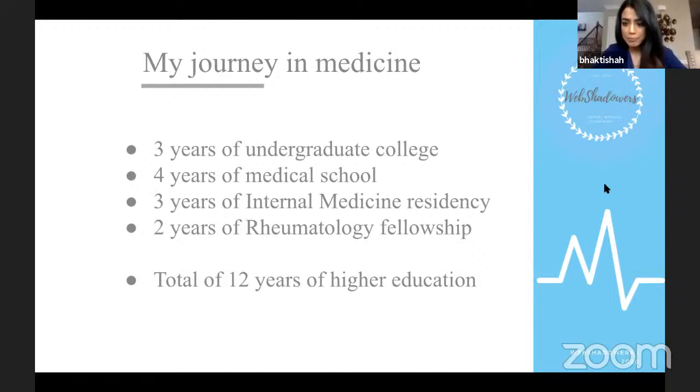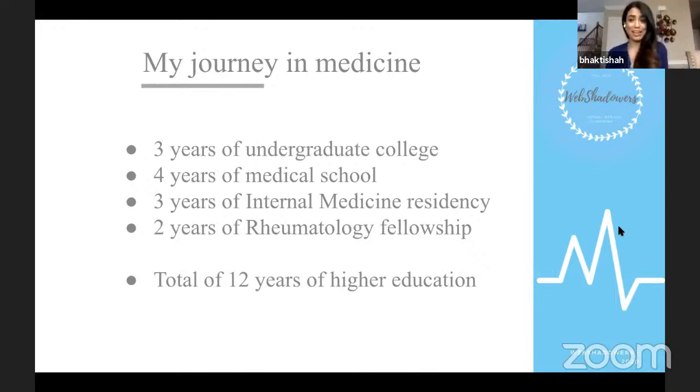There are a few questions. I'm going to try to get to them. Did I go from undergrad straight to med school? I did, yes. So as I said, I knew very early on that medicine is what I wanted to do, which is why I tried to shorten my undergrad years. Do I regret that? Would I go back and change that? No, I wouldn't. But I often have wondered what it would have been like to spend one additional year in undergrad. Would I have traveled?